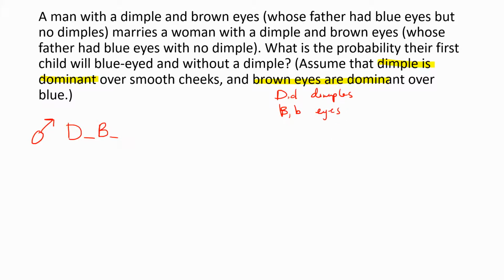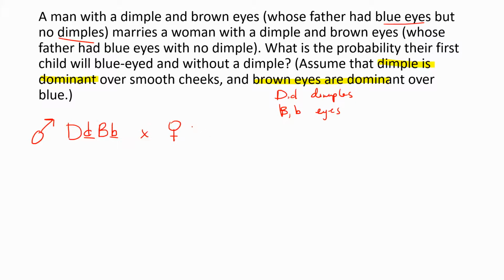Okay, so we do know though that his father had blue eyes and no dimples. Well, the significance of his father having blue eyes is he had to have a recessive, so he had to give that recessive to his son. Same thing with the dimples. And then he marries a woman